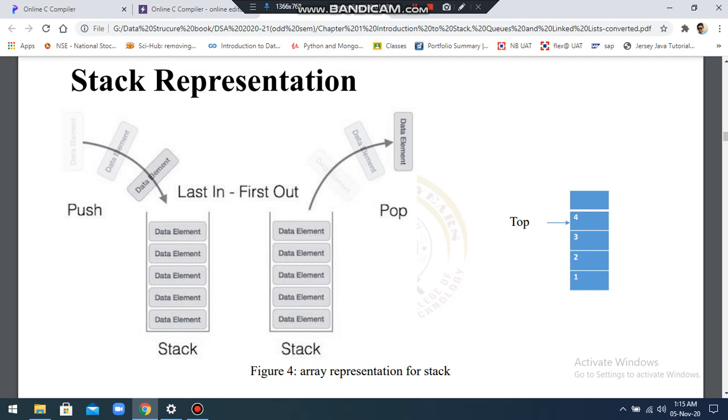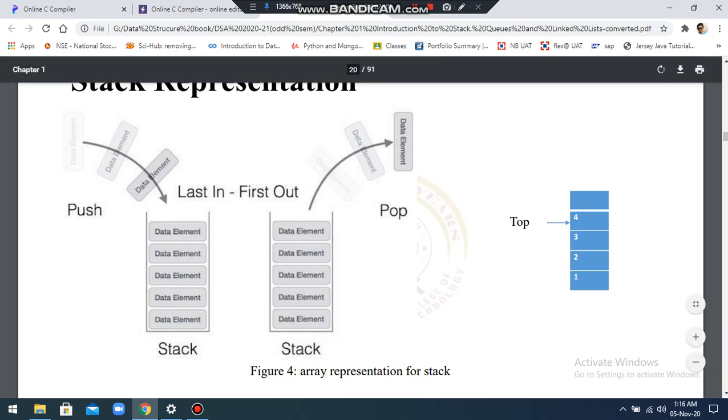Now this stack can be implemented using a linked list, or it can be implemented using arrays also. If we implement the stack using arrays, our stack would look like this. Let's consider the size of the array as 5, where this is the stack having the size 5 and containing 4 elements inside it. 1 is the first element added into the stack, the next element added is 2, then 3 and then 4. So 4 is the recently added element, and hence the top pointer, which always points to the topmost element of the stack, is pointing at 4.